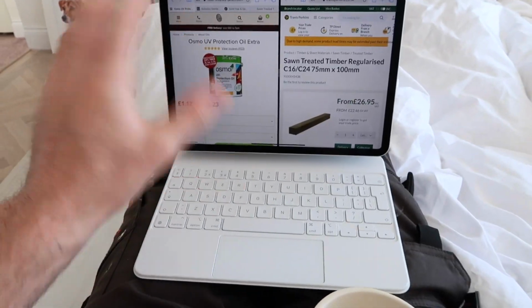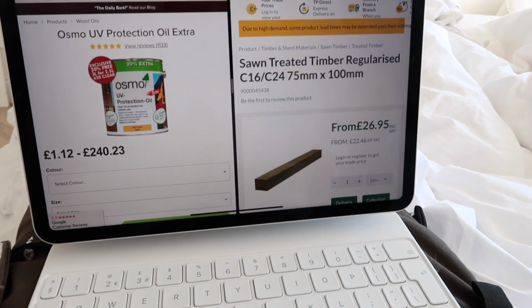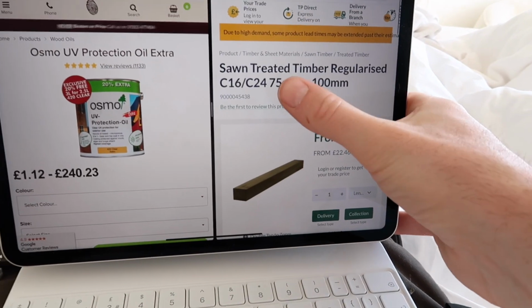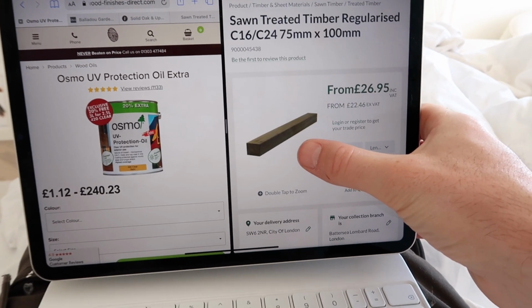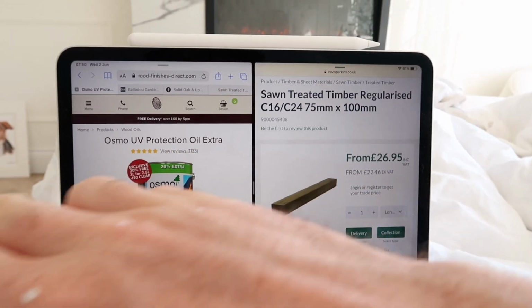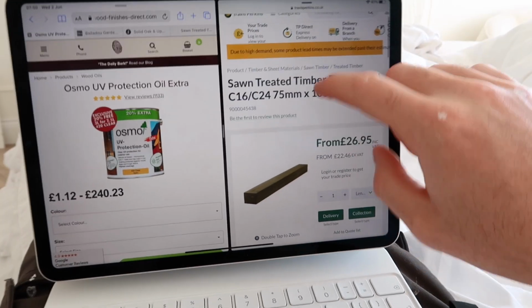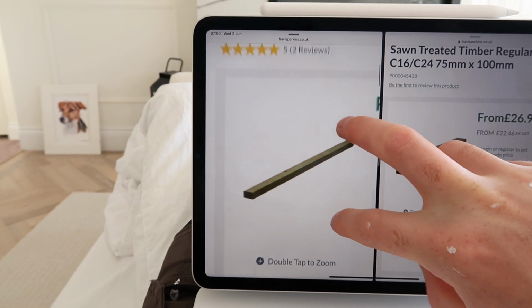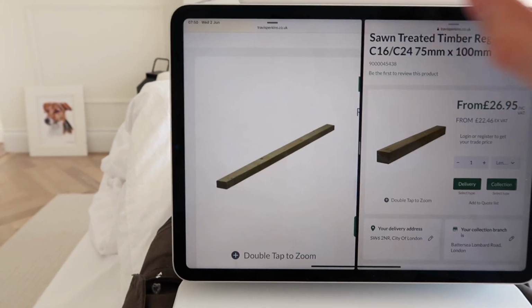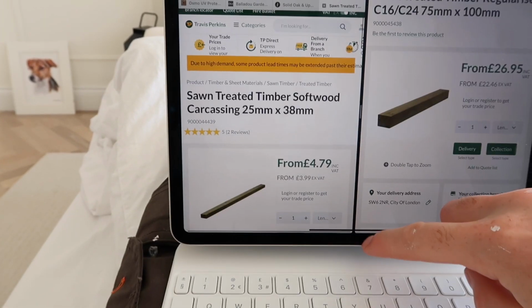First, let me talk about the materials. Also, I bought a new iPad. Snazzy. So, from Travis Perkins, we bought sawn treated timber. These are going to make up the posts. Essentially, along the wall, we're going to have vertical posts that are going to be top fixed. And then, I believe it's this one here. These little guys are just going to make the battens, and they're going to be fixed with a nail gun. And essentially, it's going to look like